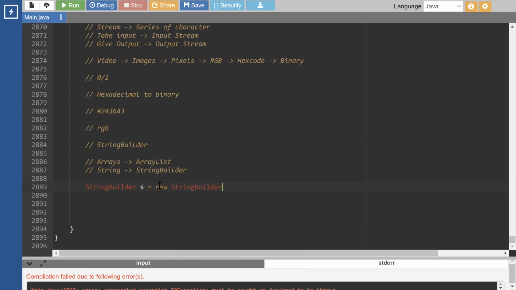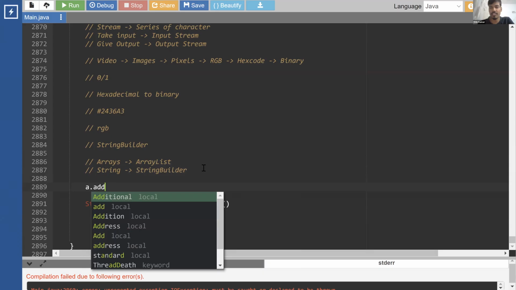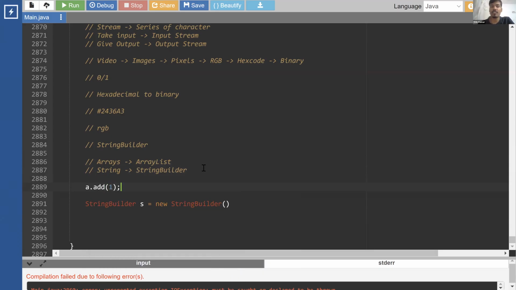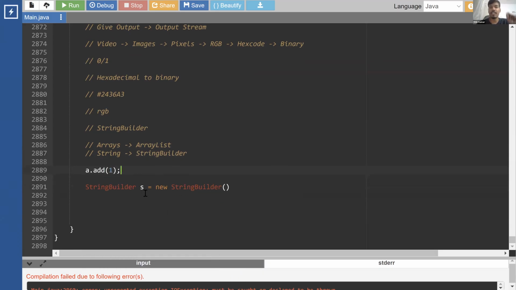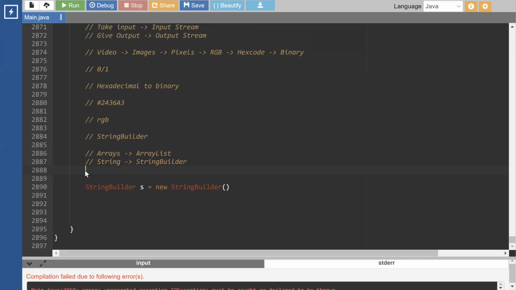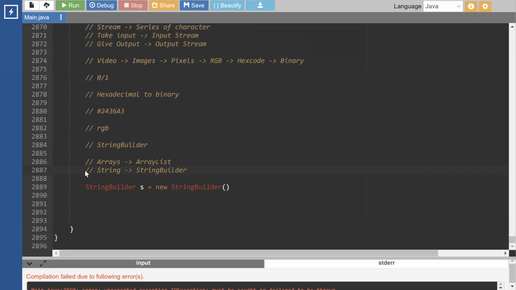Sir, in array list is it order of one time? Array list is order of n, no? In array list, insertion at the end is O(1), right? When you try to insert a number at the end of the list, that is O(1). So for example, this array list a dot add, this operation was O(1). When you copy something to another, that is O(n). When you try to insert in between, that is O(n). When you try to insert at the start, that is O(n). But when you add at the end, this is O(1). Sir, you had said that if the array list is of size 10 and I go to enter the 11th element, then